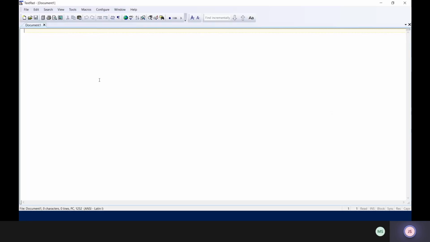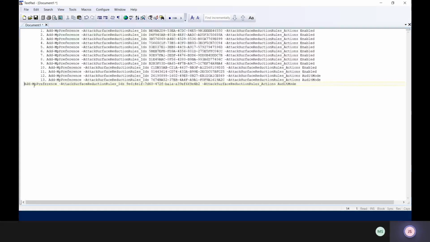And so these are the ways that you would do it, based on these GUIDs, and each GUID, in the Microsoft documentation, refers to a different rule. So this one may be like the LSASS rule or something. And so you can go in and you can actually enable the rule on a per rule basis. You can also turn them on into audit mode this way as well. So this would be something maybe in a lab, or if you wanted to experiment on a machine, and then you could actually go into